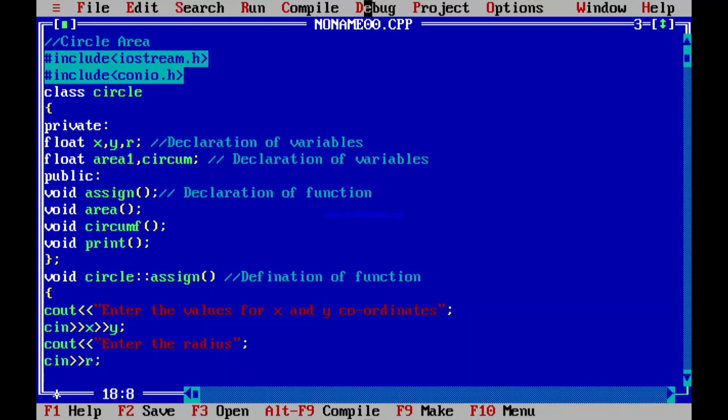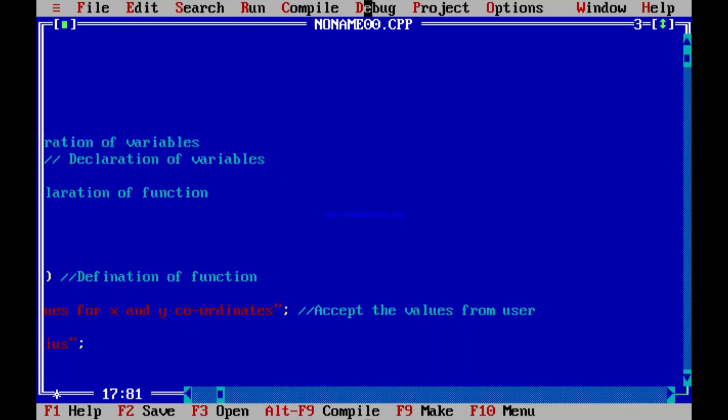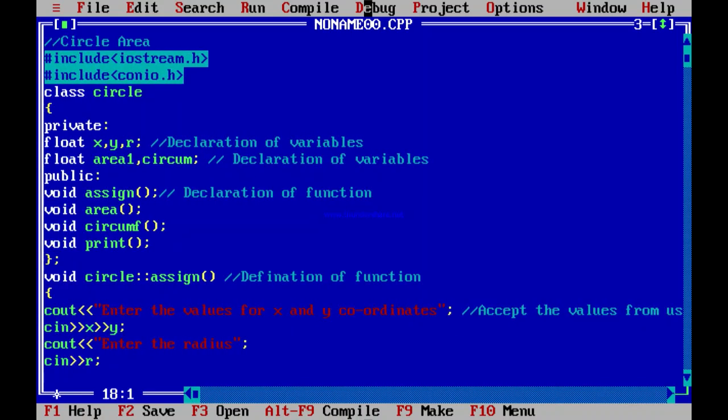Here also we can put the comments, accept the value from user, and read the values.